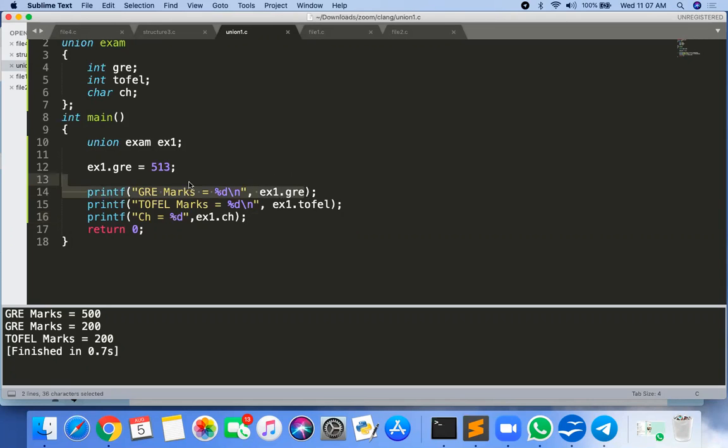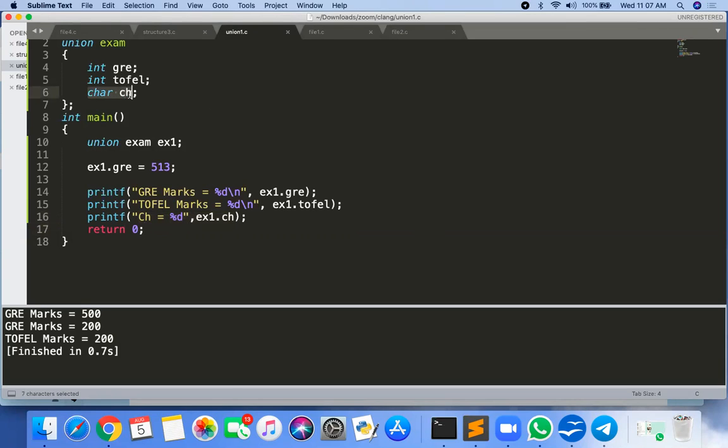Definitely it is 513. It is also 513, but what about ch? Is 513 the converted value? 513 only, sir, because %d is an integer format, but ch is a character value.